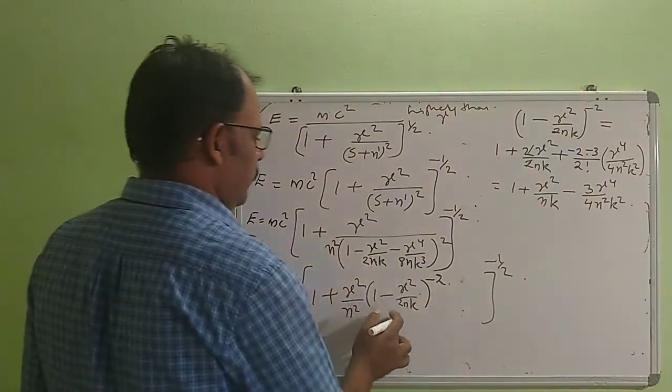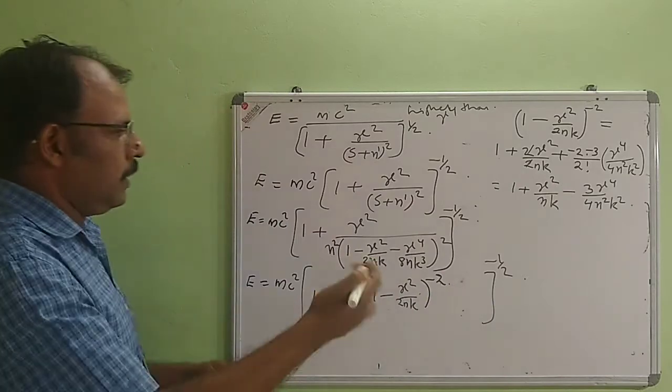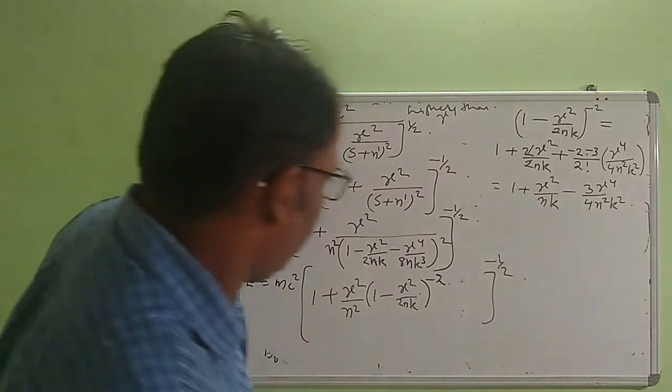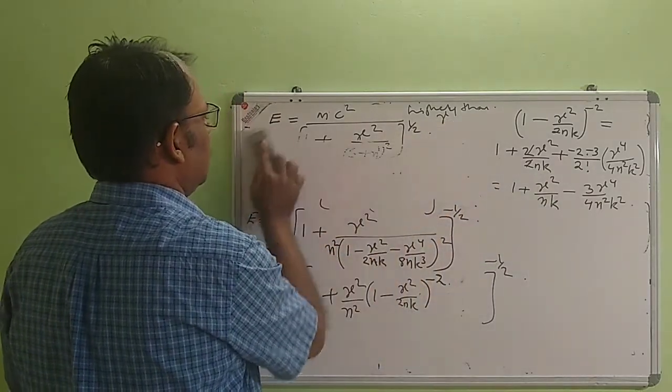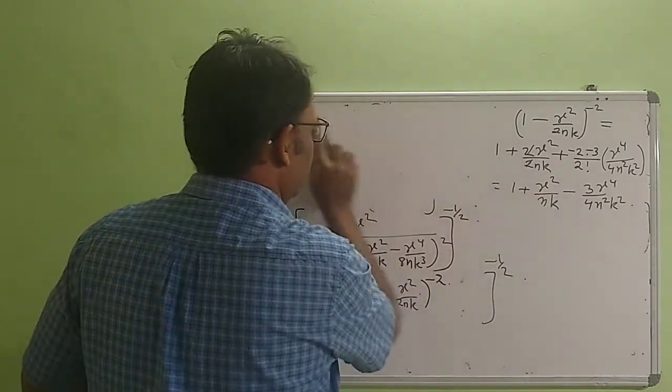So substitute, instead of this we can substitute this value, neglecting higher terms, gamma raised to 4 and the terms higher than gamma raised to 4 we are neglecting. So we can write this as,